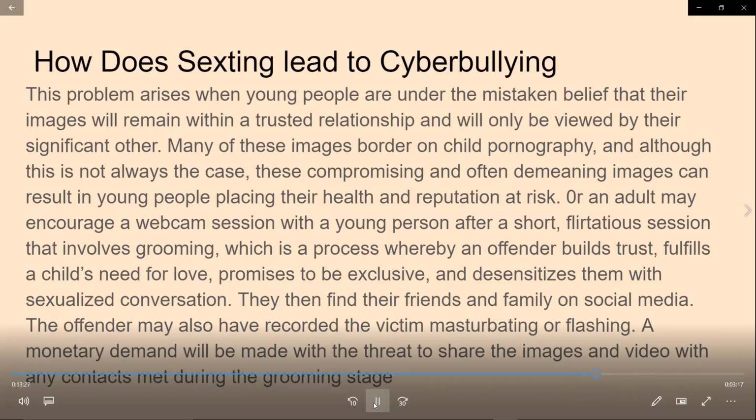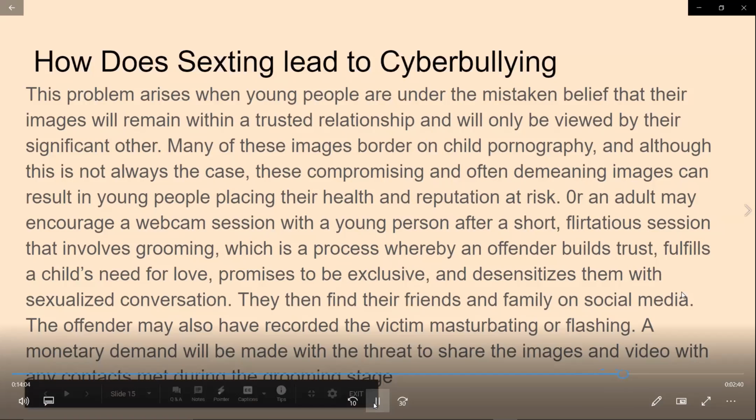Or an adult may encourage a webcam session with a young person after a short flirtatious session that involves grooming, which is a process whereby an offender builds trust, fulfills a child's need for love, promises to be exclusive with them, and desensitizes them with sexualized conversation. Then they find their friends and family on social media. The offender may also have recorded the victim masturbating or flashing. A monetary demand will be made with the threat of sharing these images or videos with any contact made during